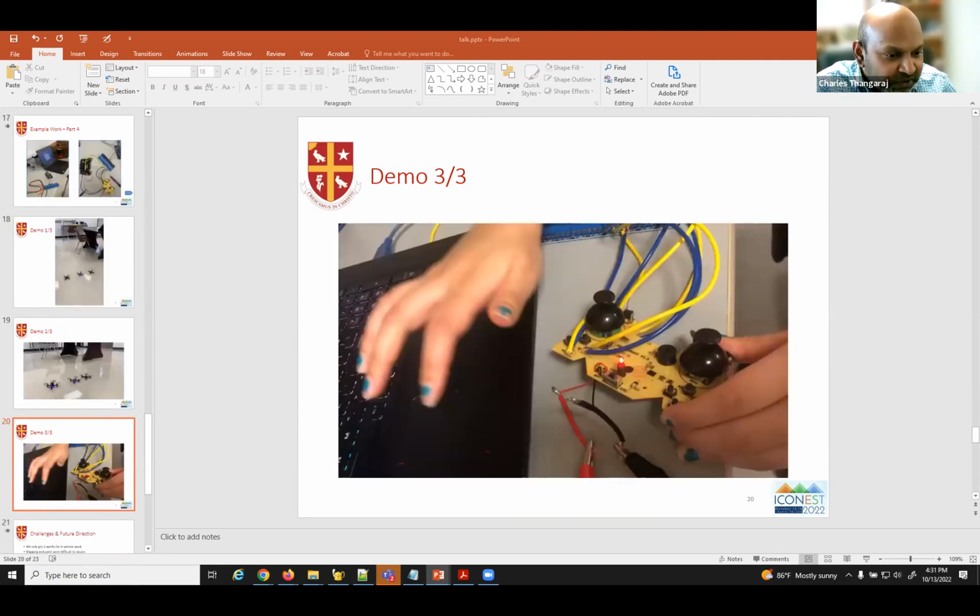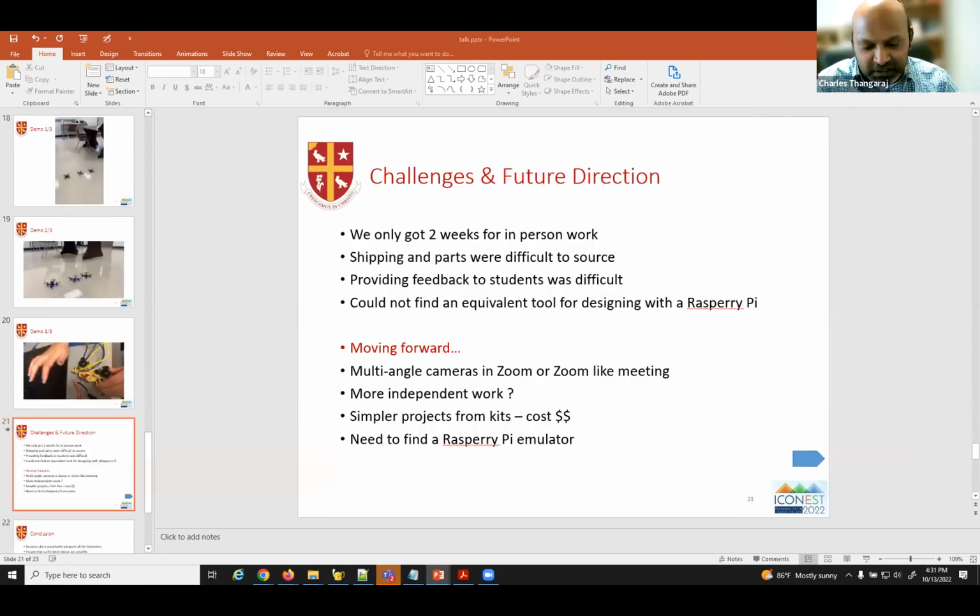Here is an actual student who was working on her device. She's controlling all the pins that are connected through the Arduino, and the code is downloaded onto there, and that's going to turn on or off her drone. We tied it so it doesn't fly away. As you can see, it actually picks up, and it should fly away when the control is given. So the point of this is that we were able to